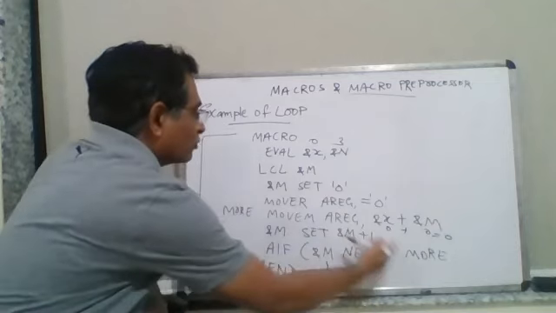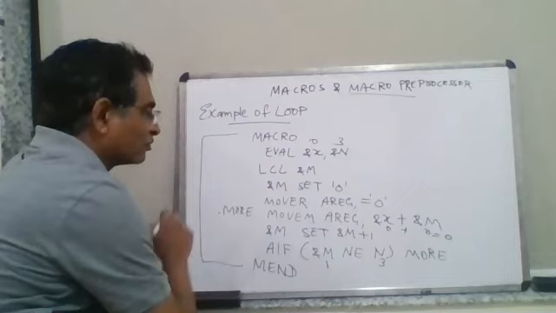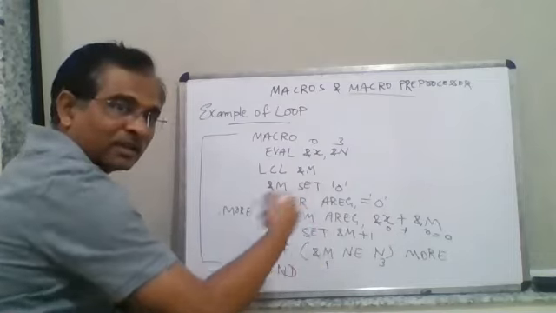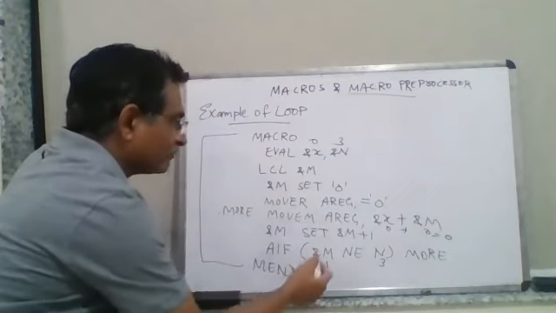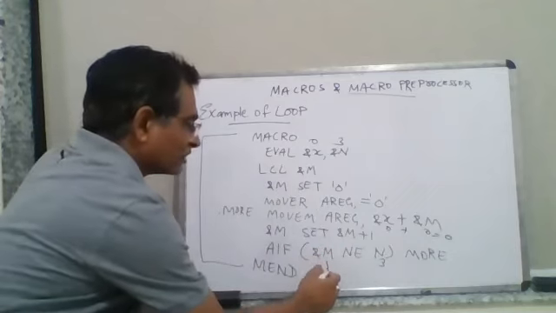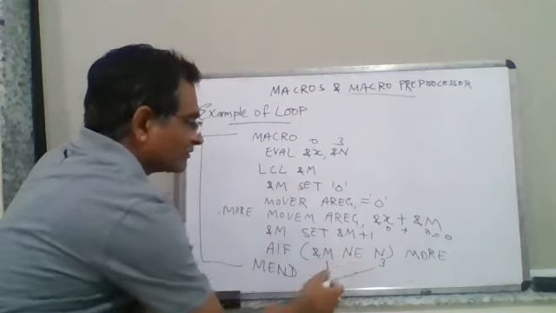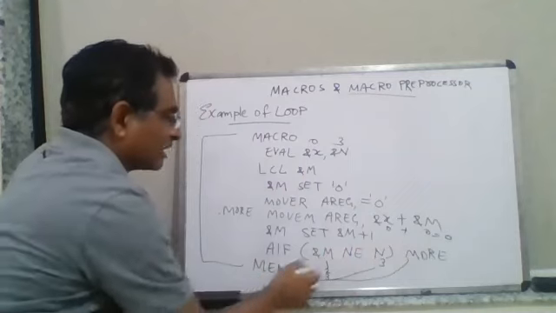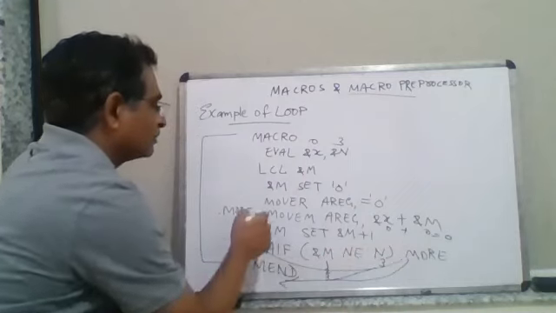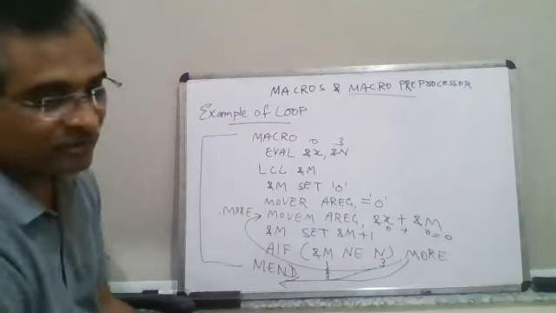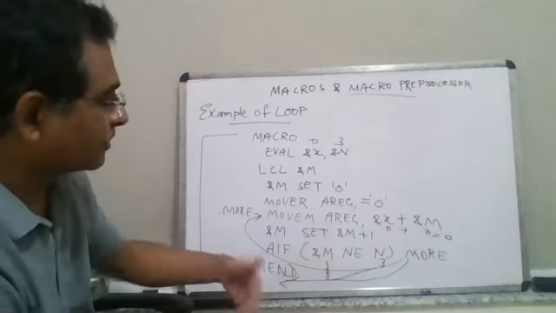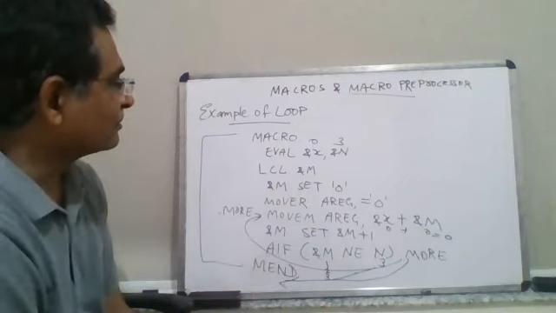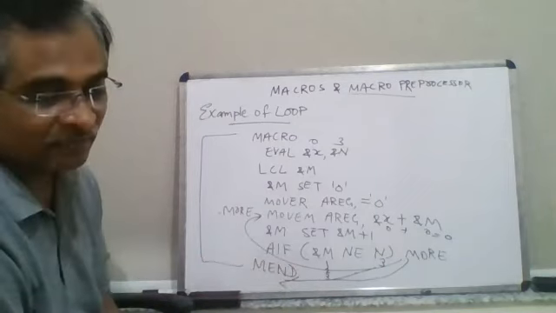If it is true, it will go to more, and it will remain inside the loop. So it makes a loop here and continues as the value of m is incremented. So m will be 2, then m will be 3, and so on. Once the value equals 3, the not-equal-to-3 condition will be false, and at this place it will come out. Otherwise it will continue and remain inside the loop. So this is a simple example of how we have created a loop using AIF and the value we have set for the expansion variable, which is m in this case.